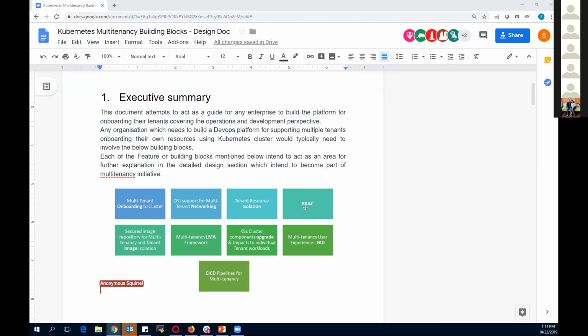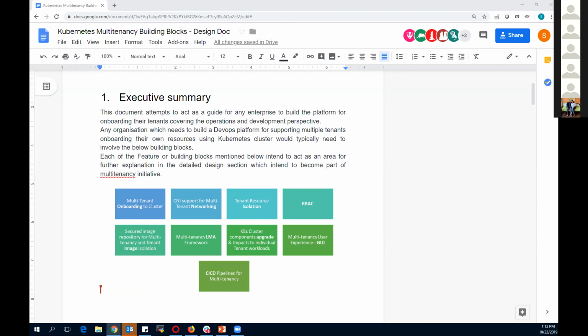All right. So the next building block that we are considering is the image repository. There should be a secured image repository, which could be like Artifactory or something like that, which should support the multi-tenancy and also the associated tenant image isolation.